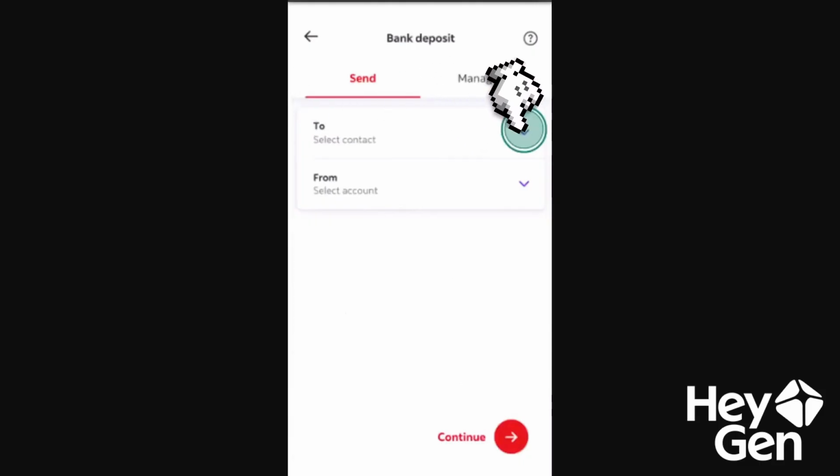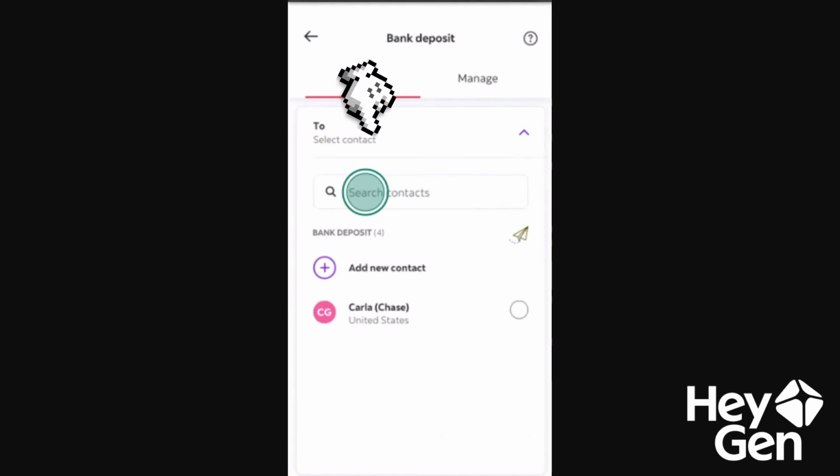Okay? To whom we're going to send the money, and here we'll choose the account we'll use to send the money. We will now click continue, and here, when we proceed to select the desired contact, we will be able to conveniently add one that we have already prepared and have ready, one that we have previously added before, or alternatively, another completely new one that we wish to include.